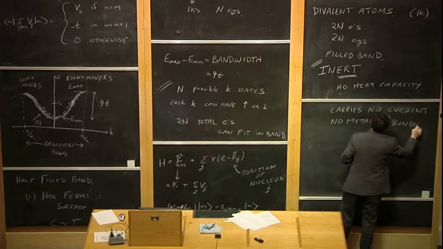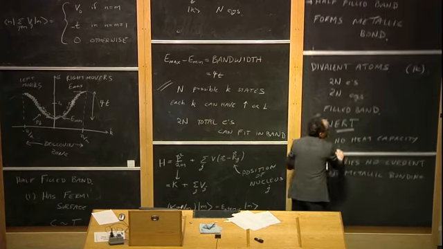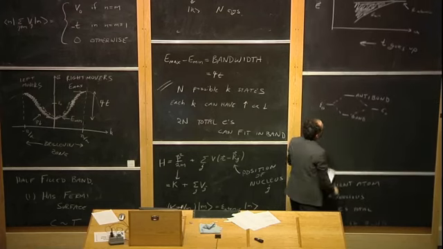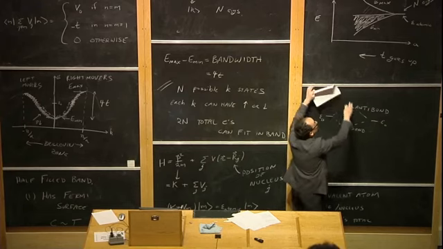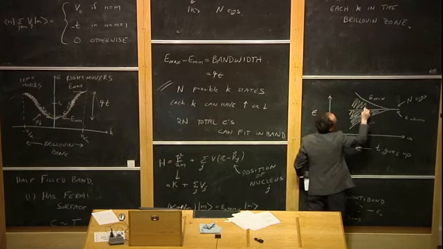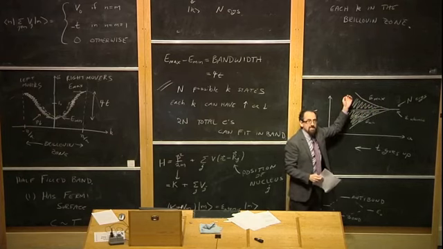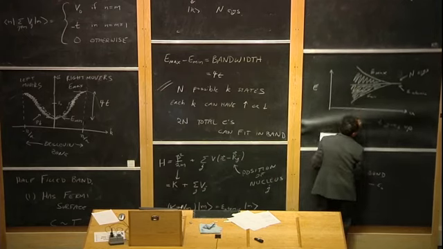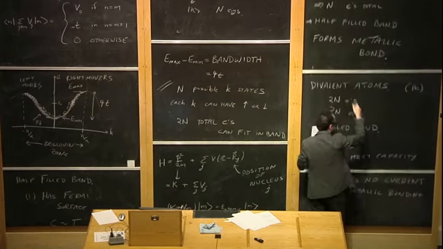And this is, again, very similar to what we had when we considered possible bonding between 2 helium atoms. If you have to fill the bonding orbital and the anti-bonding orbital, you don't gain any energy. So here, if we have a filled band, you fill the lower energy states, but you have to fill the higher energy states too. So it doesn't gain you anything to have the hopping go up anymore. Okay, so